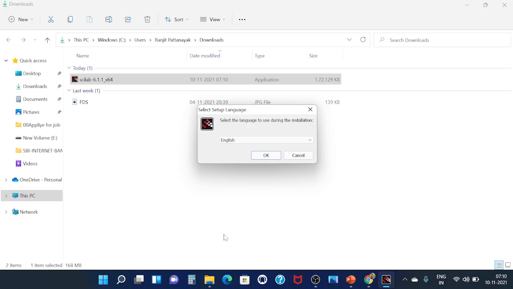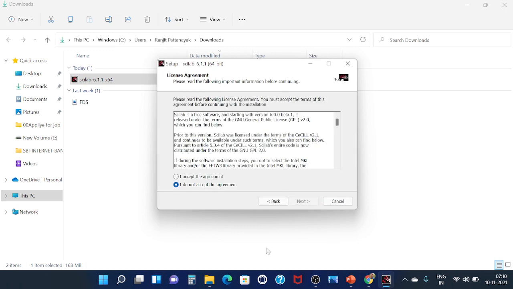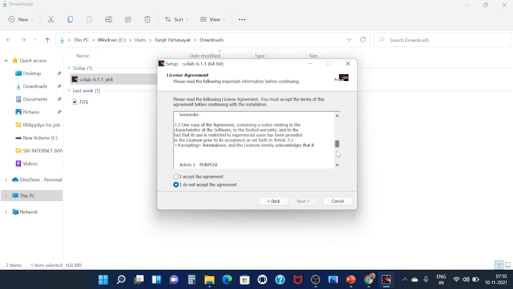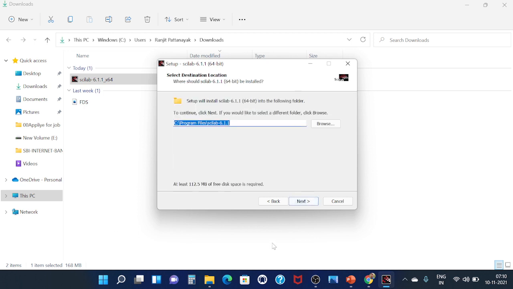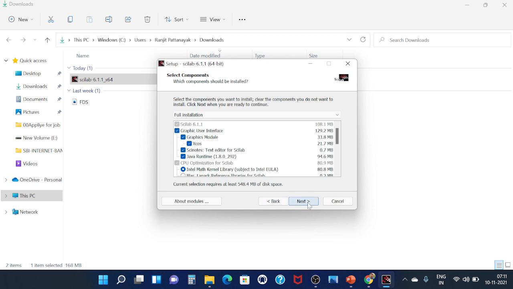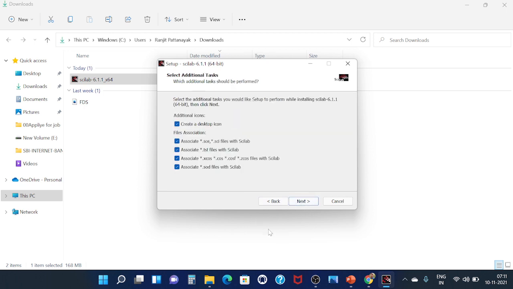Here it will ask, do you want to allow this? You have to allow this in your system, then okay, then you have to click next. These are the terms, and I accept all the agreements. Next, it asks for the path where you have to install. Here automatically it has taken the C drive. No problem, you can also install in any other drive, but it is better to keep it in your C drive. So next, you have to click next.